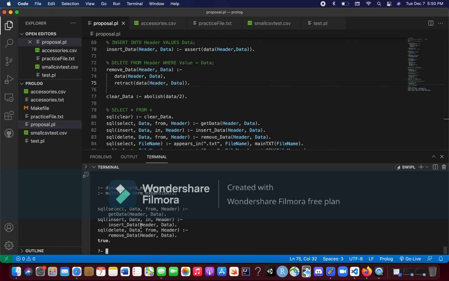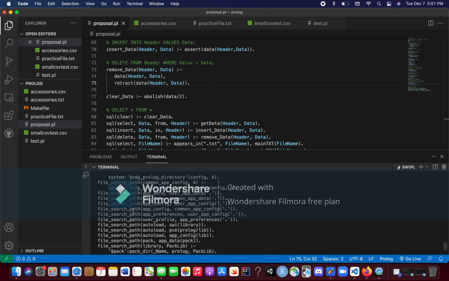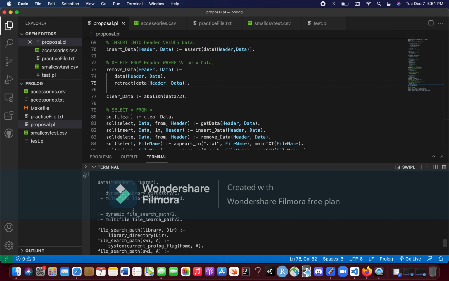And so the next thing that we're going to do is to show the functionality of the insert and delete functions. So here we can insert into the database data named data into the header named header. And then here we're going to see again that it does assert into it. Right there. Perfect. And then the last thing I do is show that we can delete the data from our